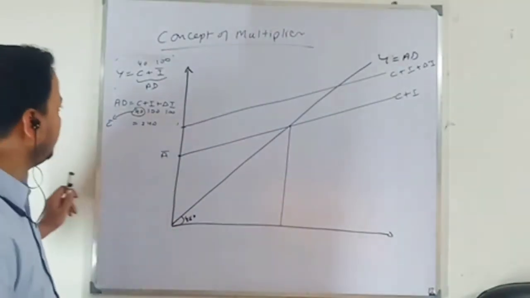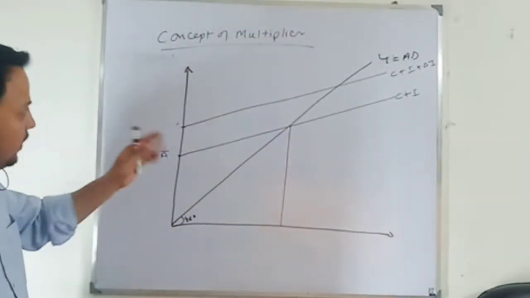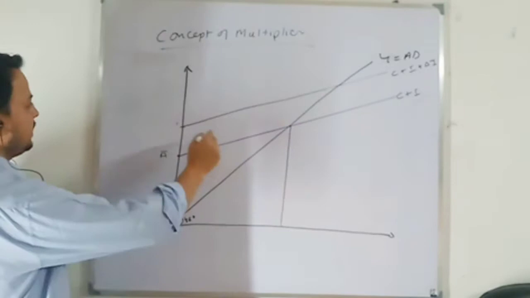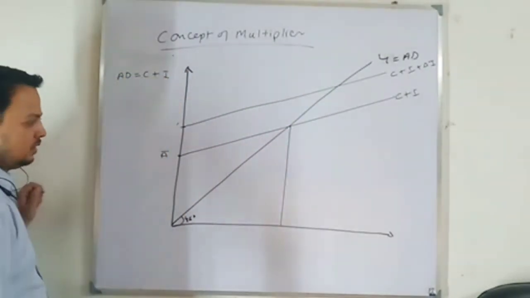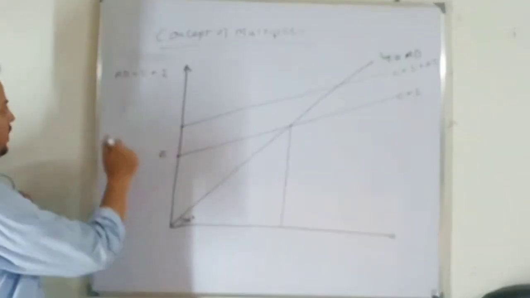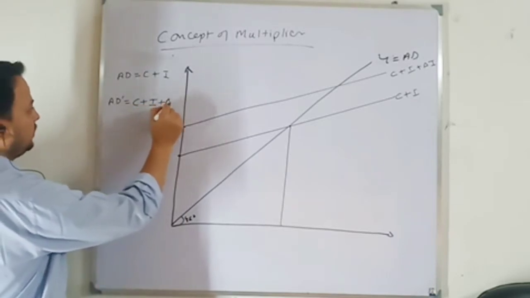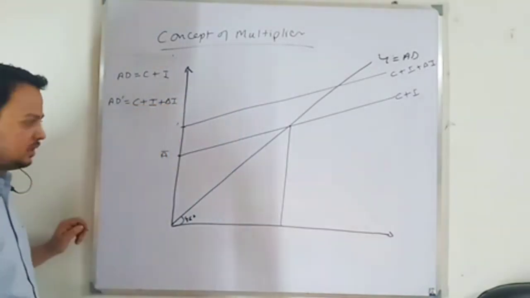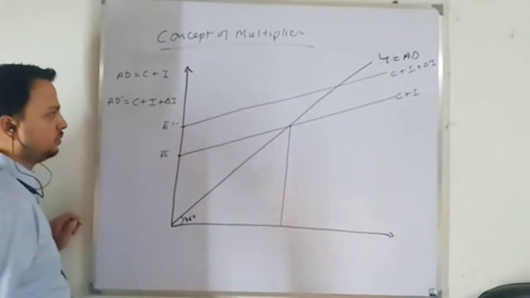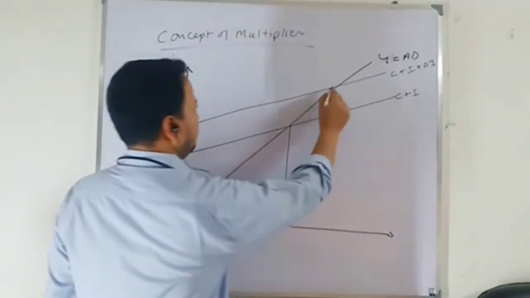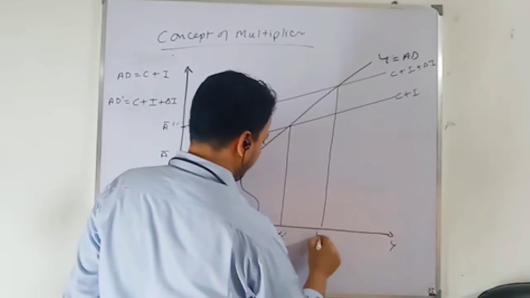Or simply put, no need to go into detail, because we have done this and we are only focusing on the multiplier. So the first line that I am drawing for aggregate demand is C plus I. For that I have drawn this, the autonomous part. Now there is an increase in my autonomous investment. So this line corresponds to that part. You can write A prime. So now my equilibrium level of income increases from say Y1 to Y2.